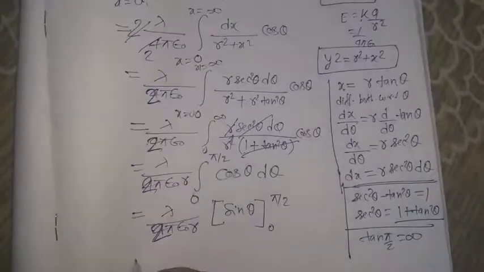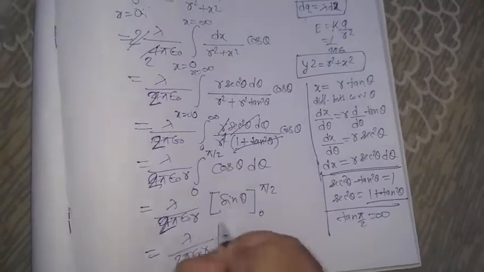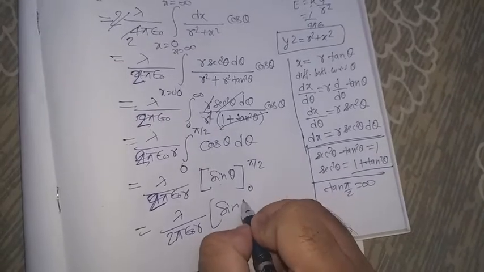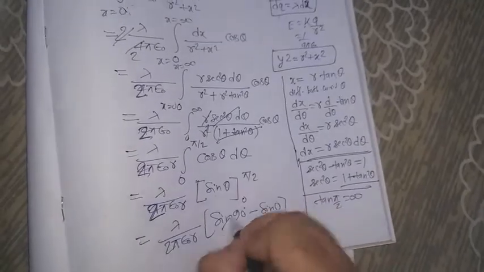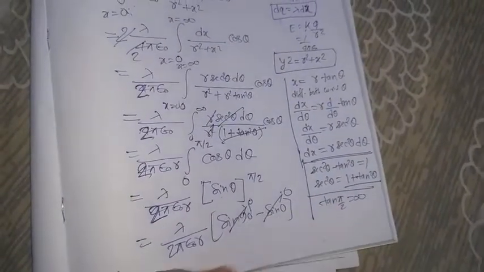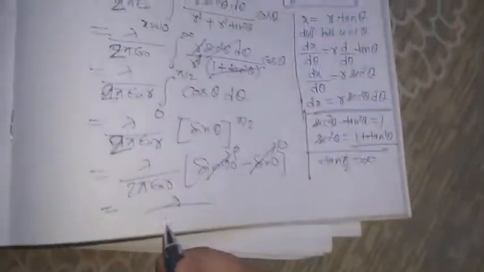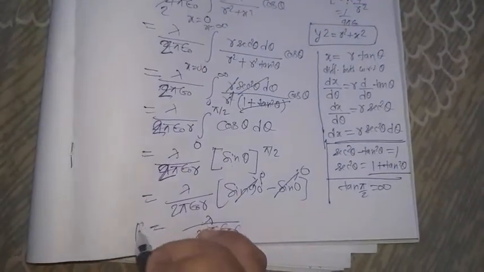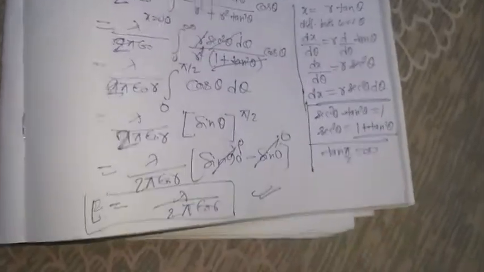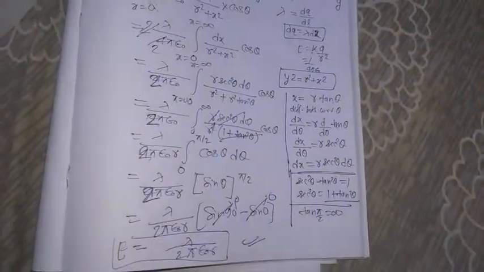So lambda upon 2 pi epsilon naught r, then sin pi by 2, which means sin 90, minus sin 0. Sin 90 is 1 and sin 0 is 0, so it is multiplied by 1. So this becomes lambda upon 2 pi epsilon naught r. This is the electric field, lambda upon 2 pi epsilon naught r, which we have found earlier. Okay, so this is the way